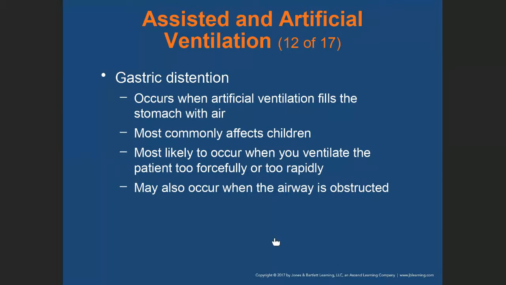All right, now gastric distension. It can occur when artificial ventilation fills the stomach with air. It most commonly affects children, but it can happen in your adult population, especially if the ventilation technique is being done poorly. Most likely to occur when you ventilate the patient too forcefully or too rapidly. And you cannot breathe for a patient with gastric distension. You're going to have to turn them on their side and put pressure on the abdomen,